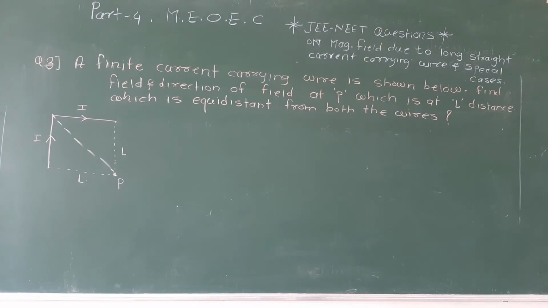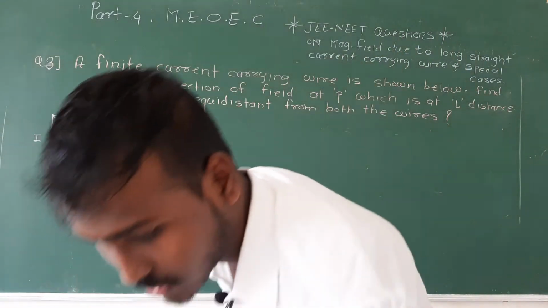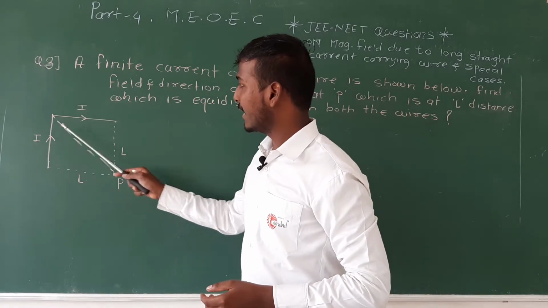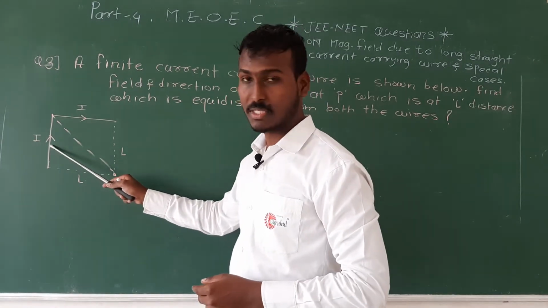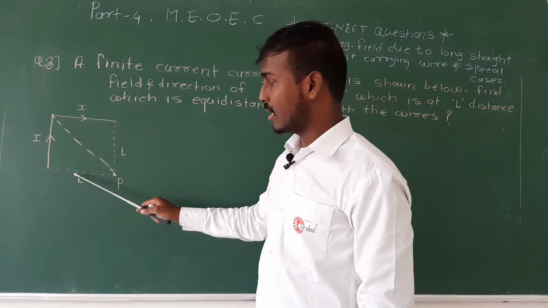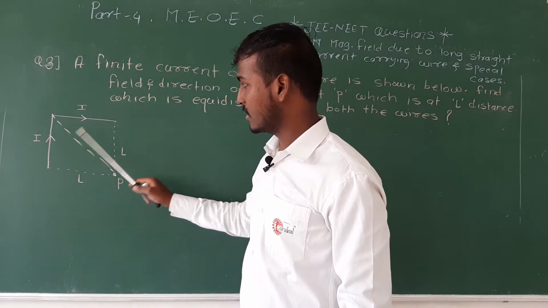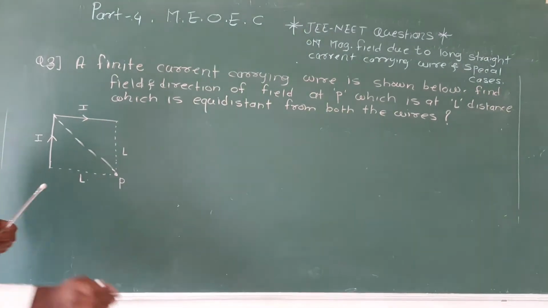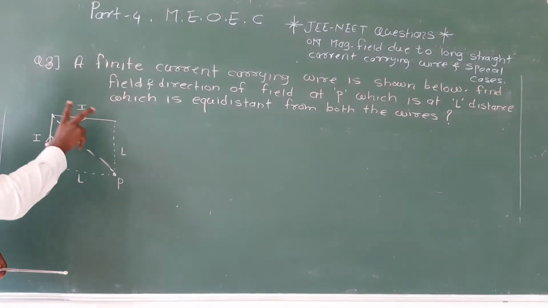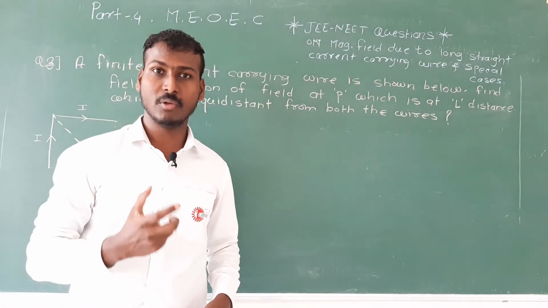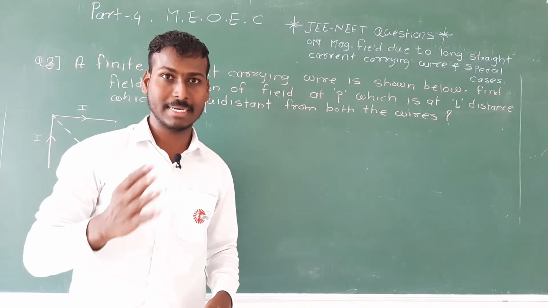Okay, now see the third question. It is a little bit difficult by means of diagram because you have never seen this kind of diagram. So the two finite conductors are there, this one first and this is the second, and the point P is equally placed from both the end terminals. Okay, so how to solve this kind of questions? See carefully, we will convert this diagram into the diagram we know, by which we can find out alpha and beta.